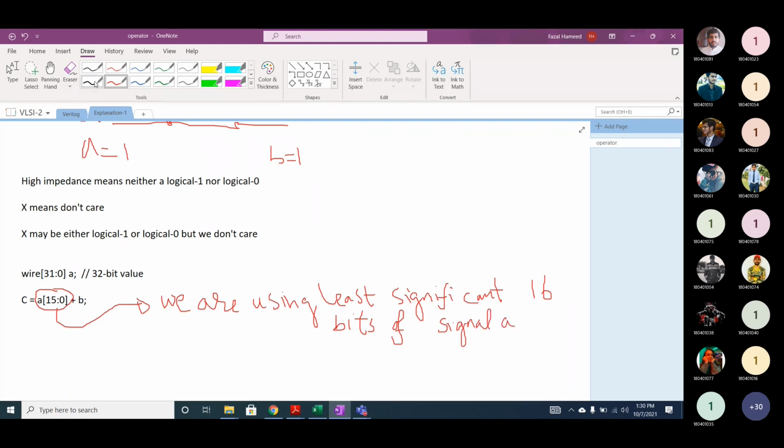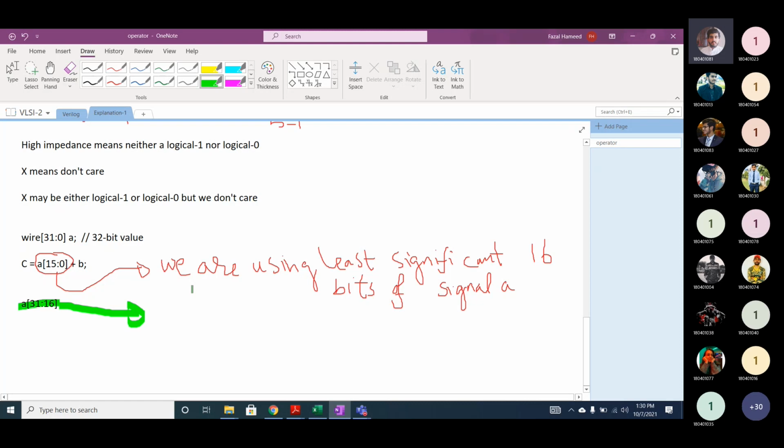Now, if I'm writing like this, let's assume I'm using this signal A[31:16]. What does it imply? Can you see it now? A[31:16].